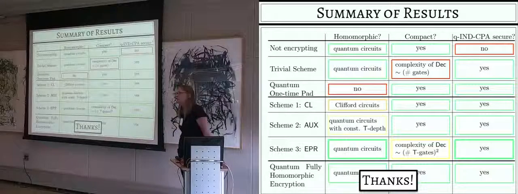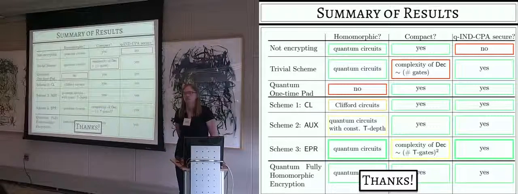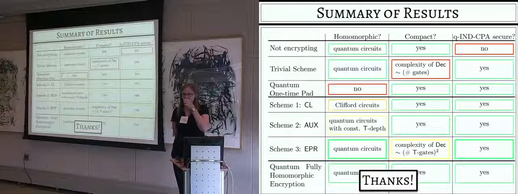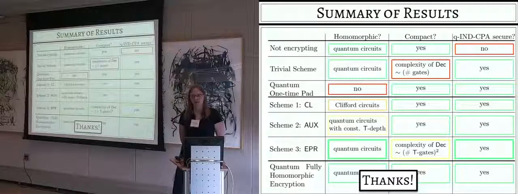Okay, any questions? Why restrict your group action to be Clifford in the first scheme? Suppose you multiply by any arbitrary matrices. All you need is to preserve the Pauli group. So why does that not work? Do you mean instead of having a random Pauli as the encryption? No, you have a random Pauli as the encryption, and maybe you apply T on the left, but then you recognize some other gate